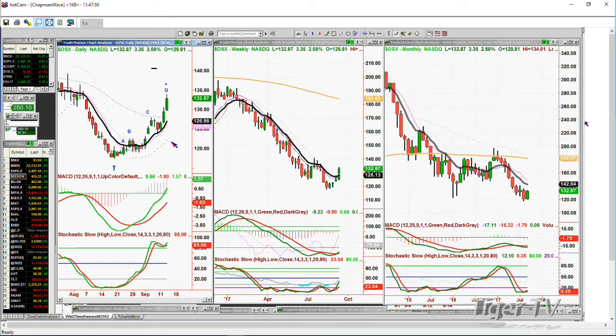Just say, hey, at D, we might get a pullback. That's the 4th highest peak. Just be careful. That's probably where you want to start looking for an entry point. That's all. So next question was,